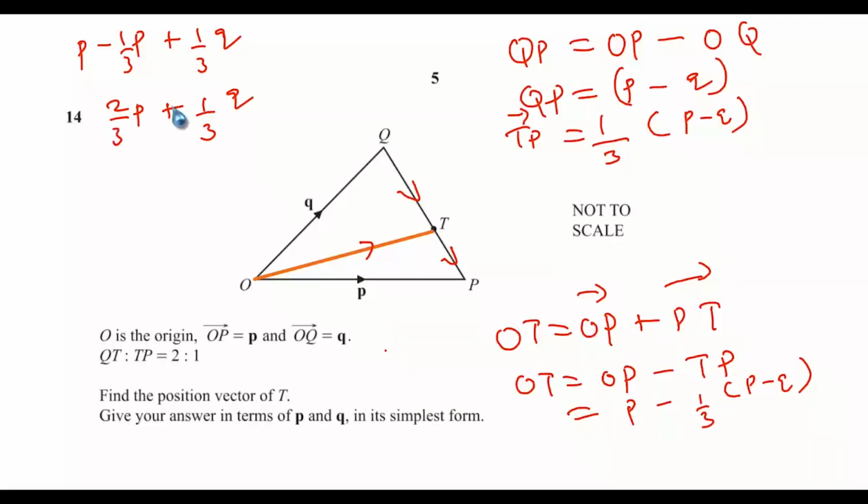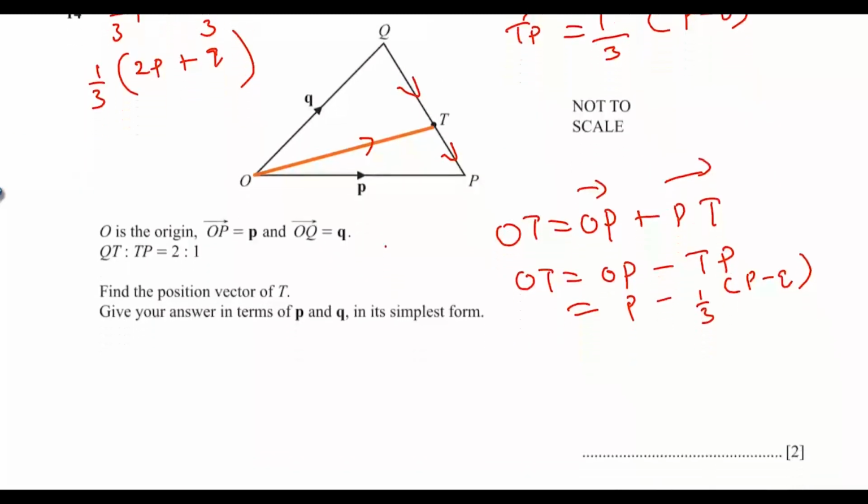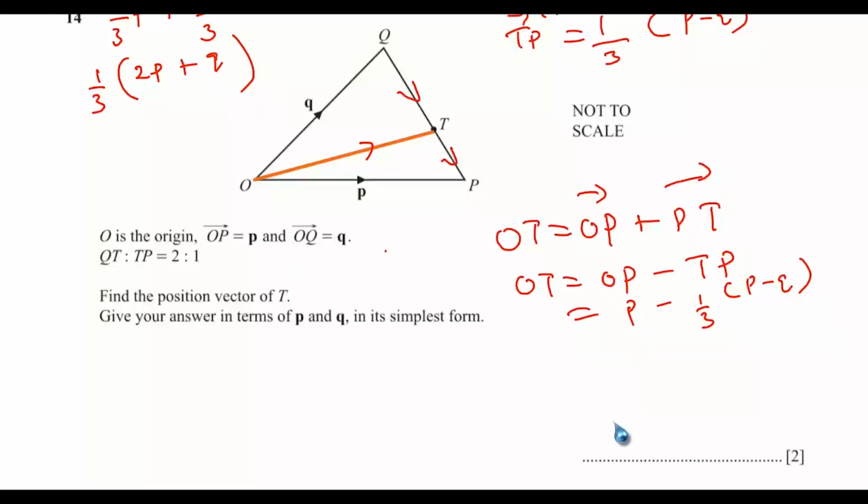So 1 over 3 is common to the 2. So you can say 1 over 3 into, so you'll be left with 2P here, then plus 1Q here. So this will be the final answer. So I can write 1 over 3 into 2P plus Q. So you can close the bracket. Let's go to the next